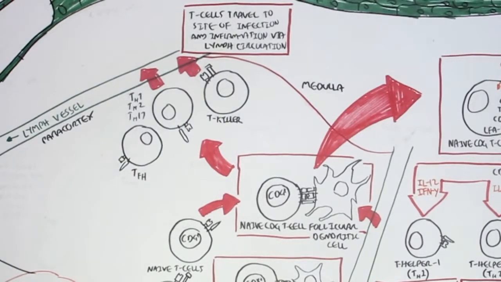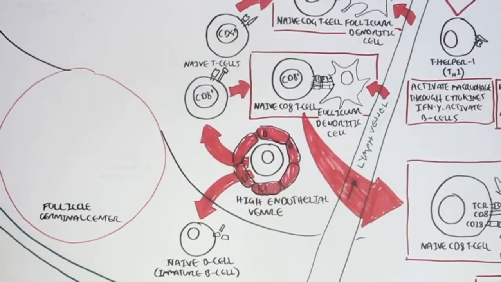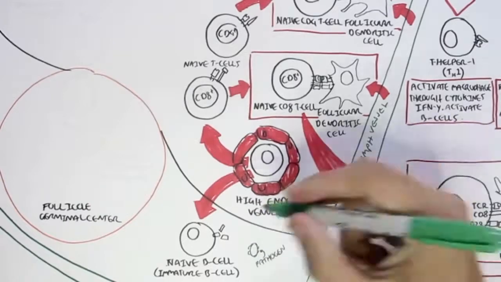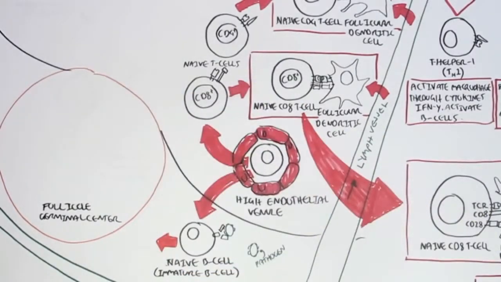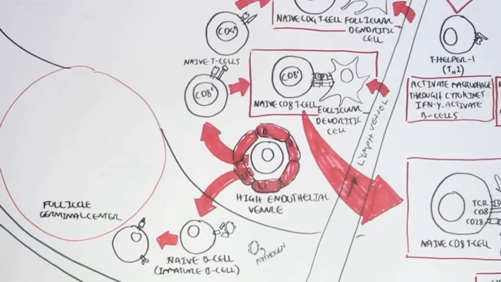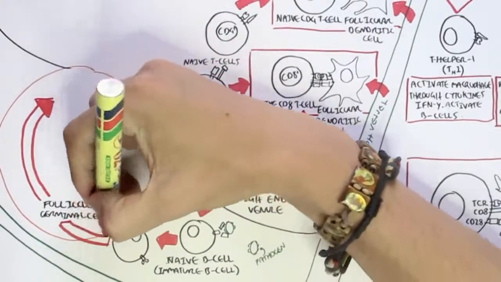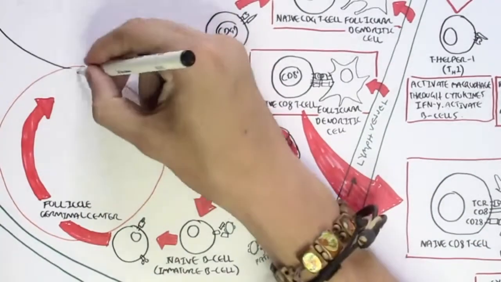Let's just look at the immature B cell in the cortex first. Now, the immature B cell can recognize a pathogen within the cortex or in the blood because, remember, the pathogen was moving around the body by now through infection. And this naive B cell will recognize the pathogen through the antibody it expresses. And then the naive B cell will engulf the pathogen and express it on an MHC complex, an MHC class 2. And the naive B cell will move into the germinal center and will wait for the activation of the